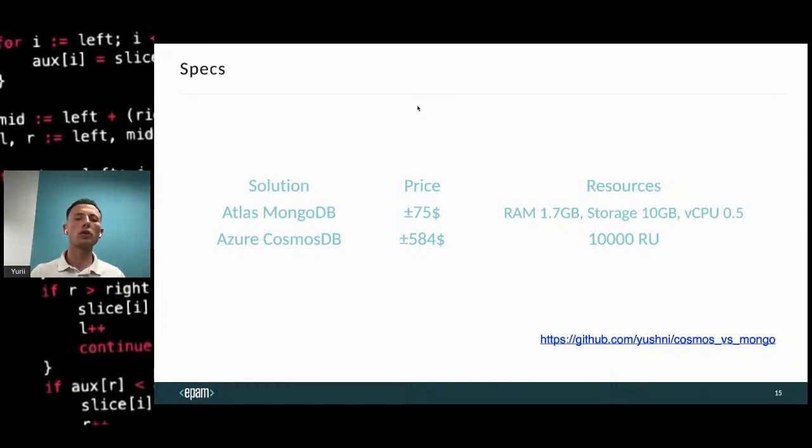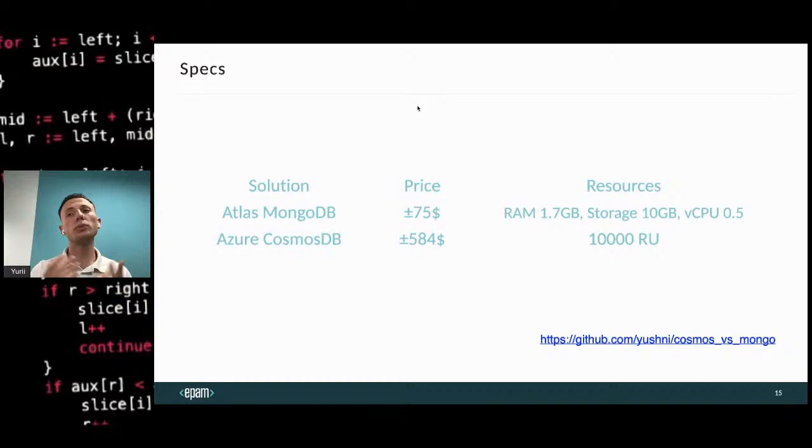And it costs close to $600 to create the Azure resources with 10,000 request units. If you want to check the code, you can go under this GitHub link and go to my repository. But I will go to the result.